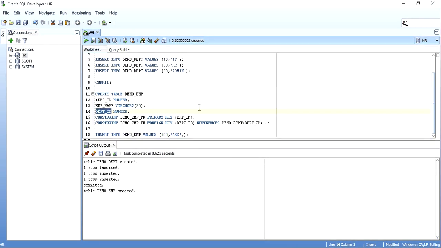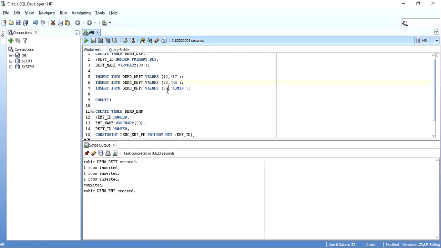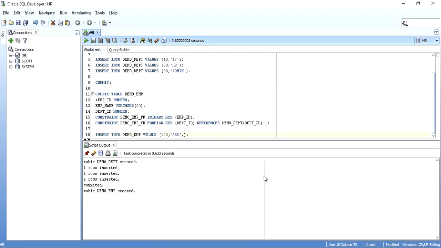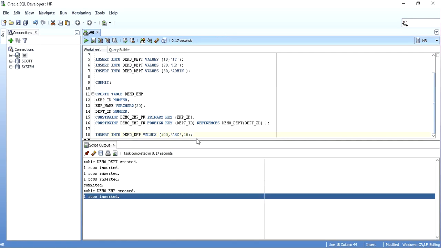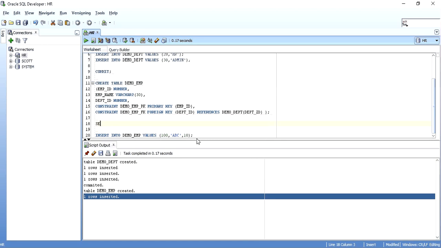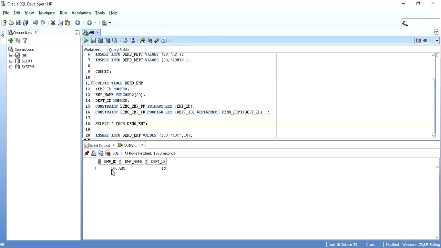I can put department ID any of these three: 10, 20, 30. Let me give 10. Execute it. As you can see, the record is inserted. If I query this table, select star from demo underscore emp, you can see that this record is inserted.